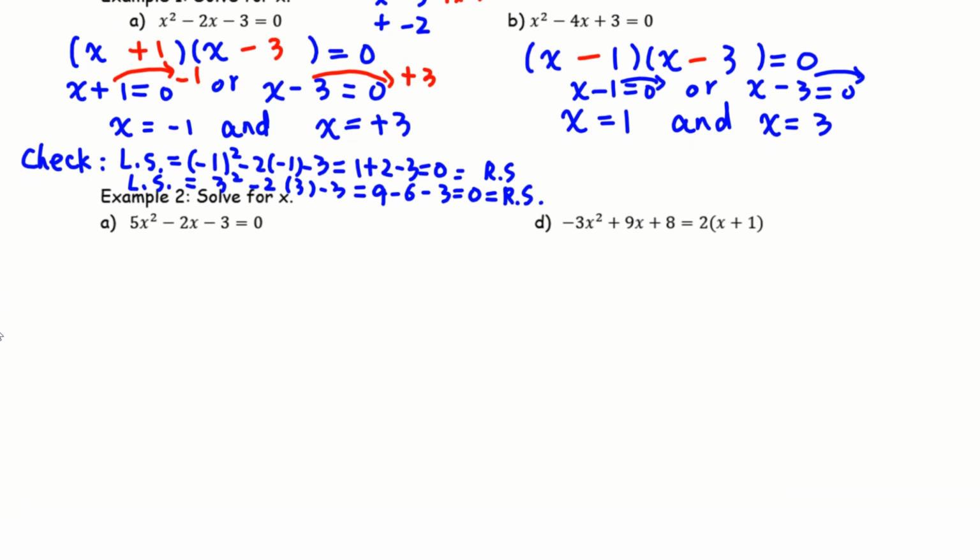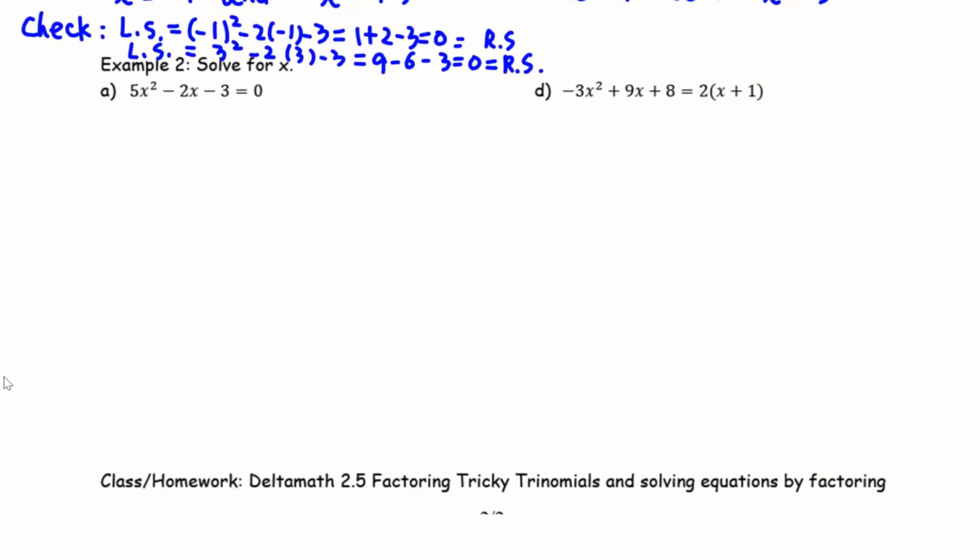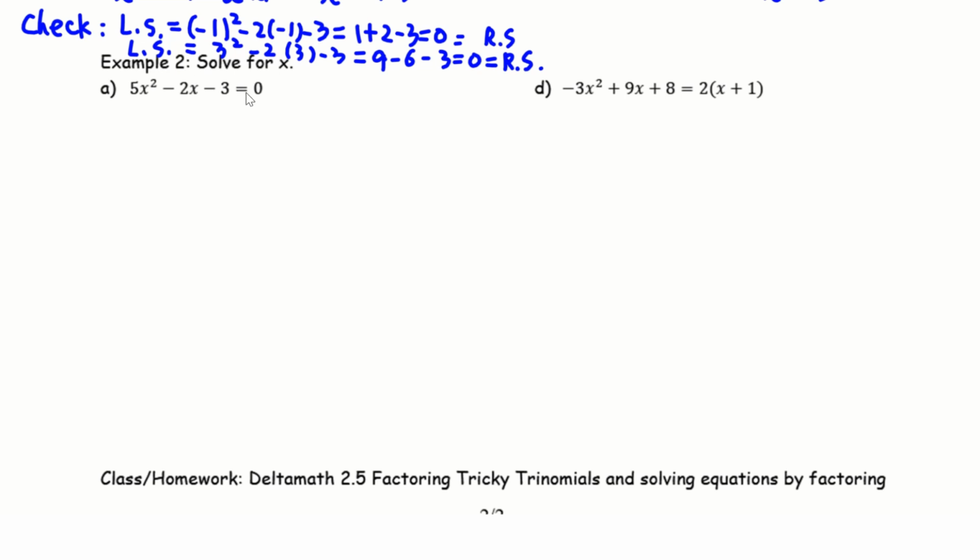Then you will be 100% sure you got it right. So example 2 is the same thing, just for the tricky trinomial. For the tricky trinomial, we are looking for two numbers that multiply to AC, which is negative 15, and add together to negative 2. The two numbers will be